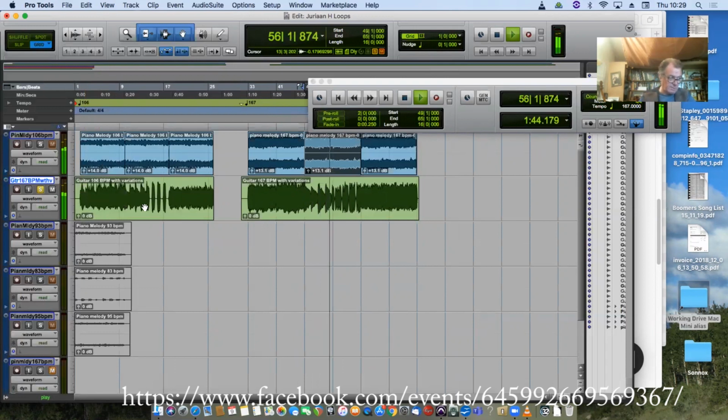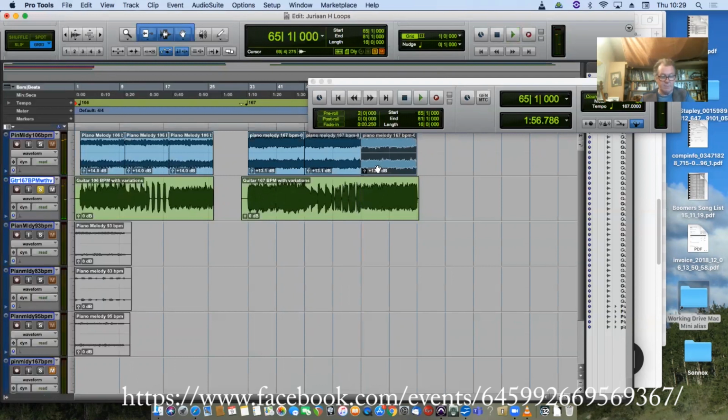Some nice crunch coming from my 67 Deluxe reverb profile there. And then a rhythmic figure. And then the third loop, the same thing, a different interpretation of it higher up.